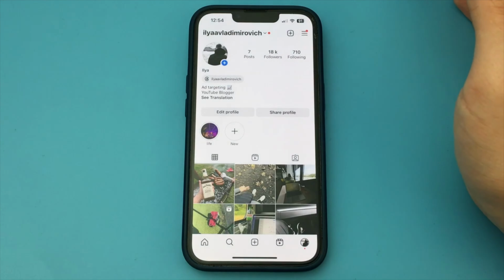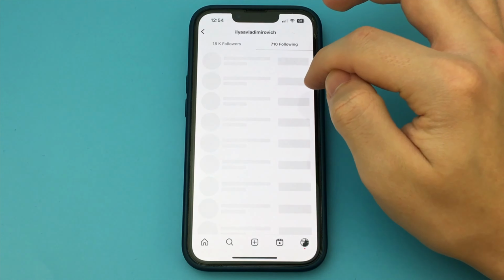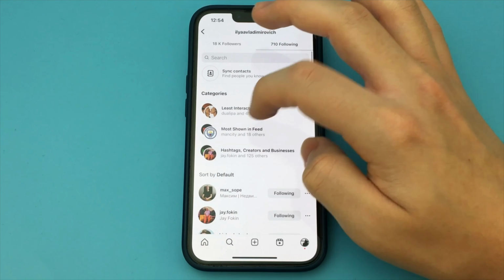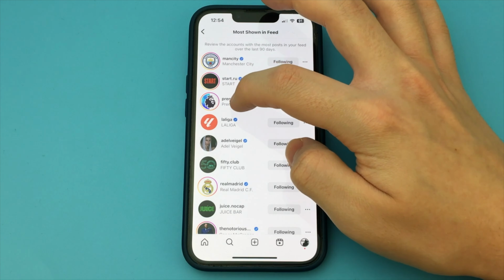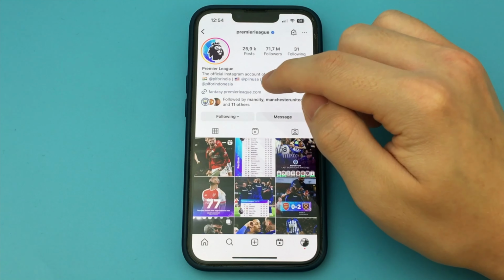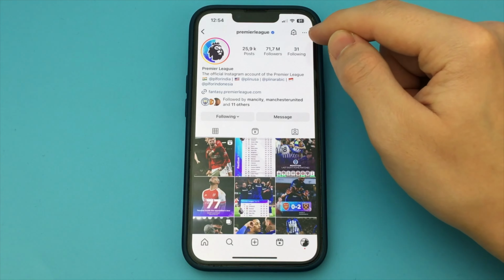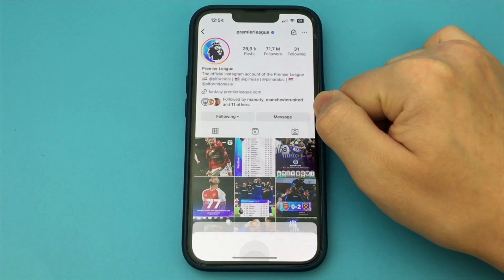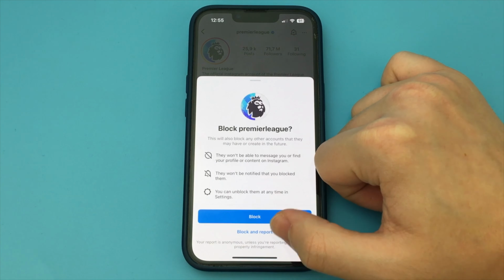To do that, you just go to Instagram, now you click search, and you find the profile that you want to block. Let's say, for example, this one here. Open it up. Now, in order to block this profile so that it can't look at our page, we click three dots on the top, and here where we have three dots, we click on the block button.